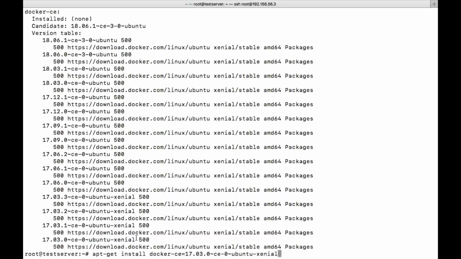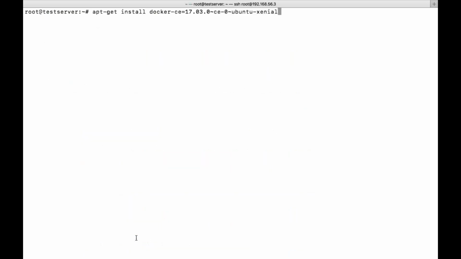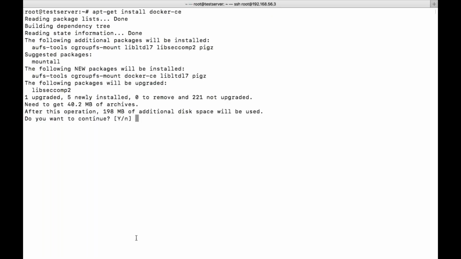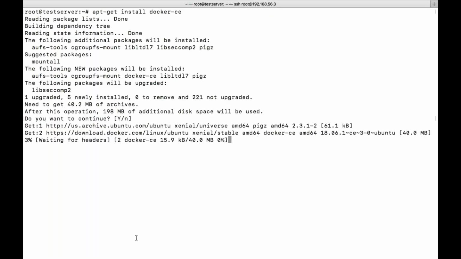So this is how we need to install a specific version. If you want to install a specific version, we need to copy that particular version and then paste here. So let's continue with the installation, and then accept. Directly you can give enter, or you can give Y. Accept and install.